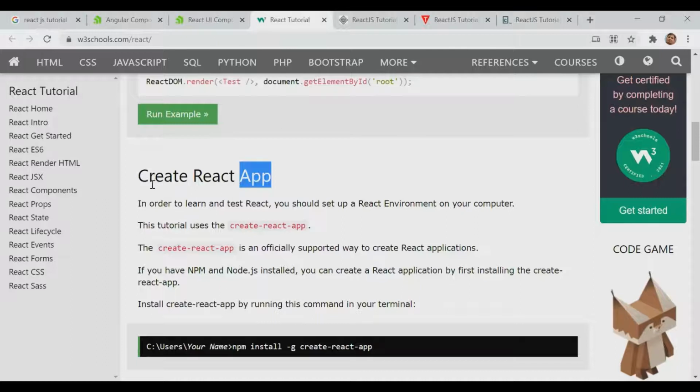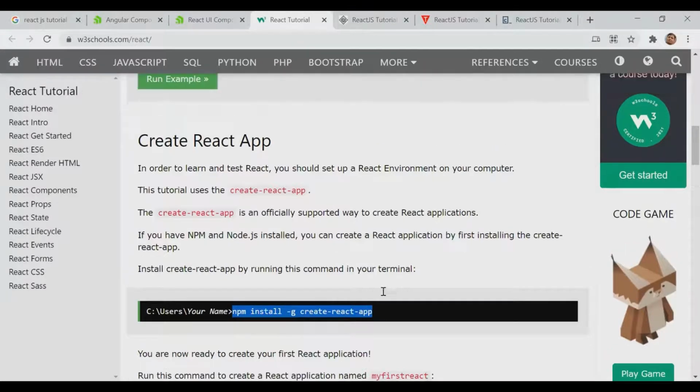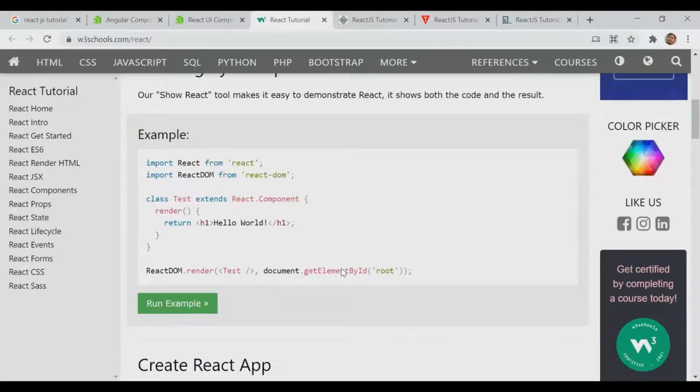So whenever we are going to create a React app, we need to install npm, right? And then we will run this command, right? No, first we have to use npx.